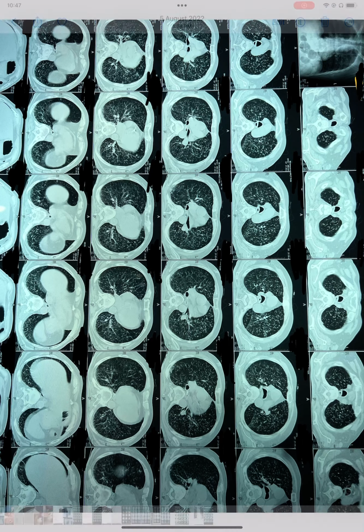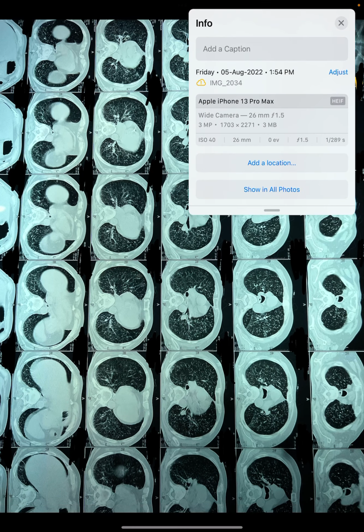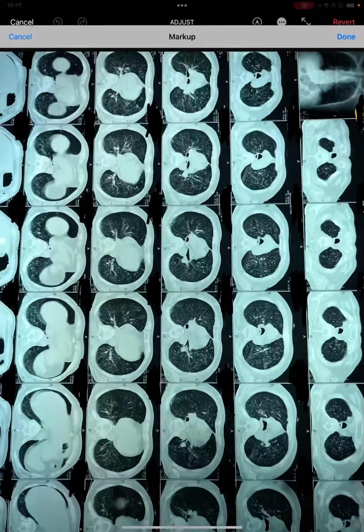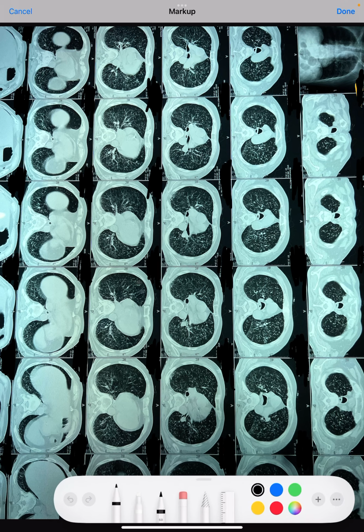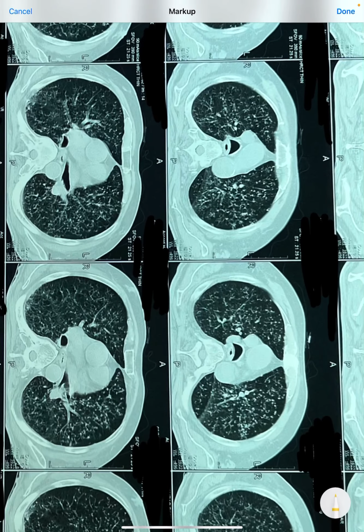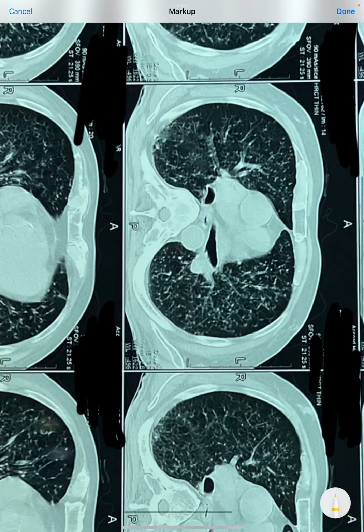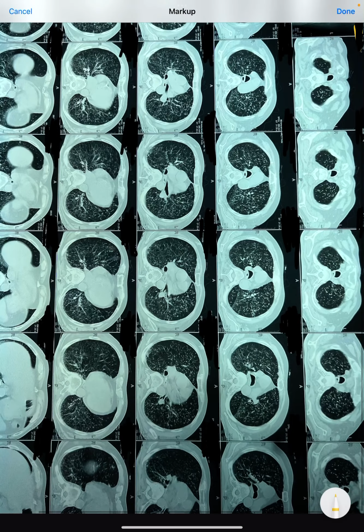This is a very interesting CT scan of the chest. You can simply pause the video and try to find out what the problem is in this particular CT scan. Now, when we zoom into this picture, what we can see is the lung parenchyma overall in all the